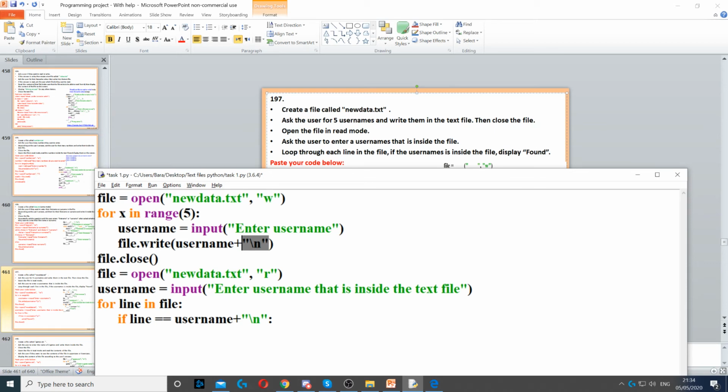So we'll check the new line. So it's the \n. So we have to be careful. You have to compare it to username +\n because we did that here. But if it was only one line of code or one line in the text file, then you don't have to do the +\n. Now, if the line is equal to that username,